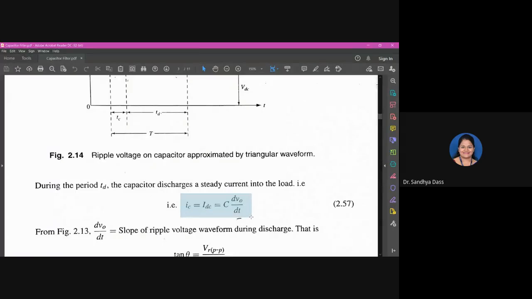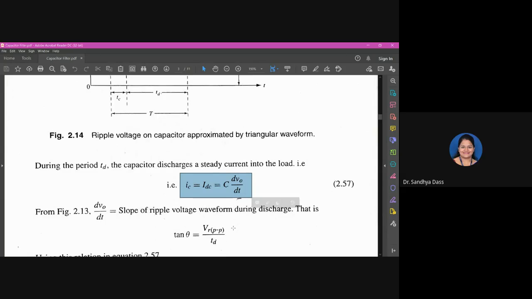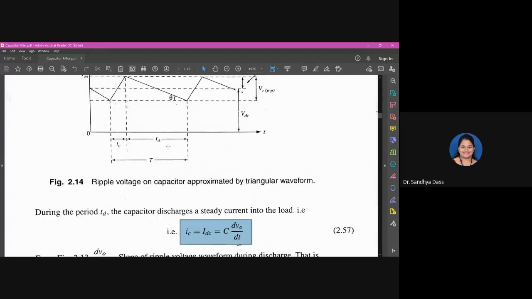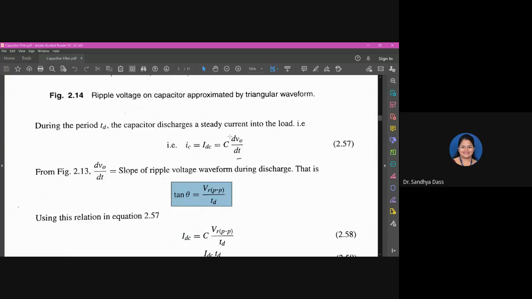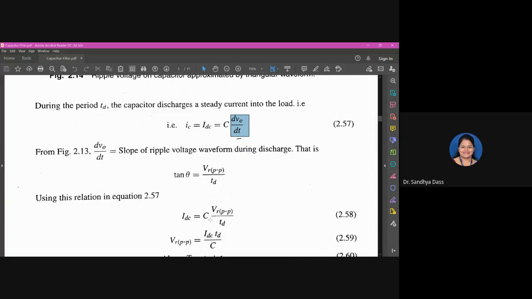So we were talking about the output current or the capacitor current, which is given by C into dV naught by dt. dV naught by dt is nothing but the slope of the discharge, where we can consider this theta, that is tan theta is equal to the y coordinates by the x, right? So which will be VRPP by TD. TD is your discharge time. So substituting that in the above equation, IDC will be equal to